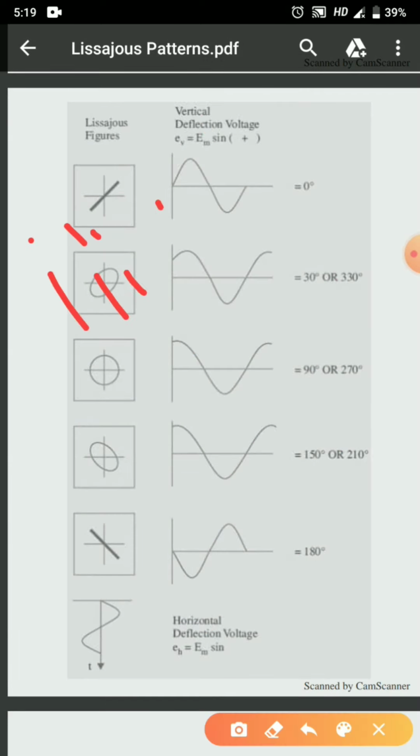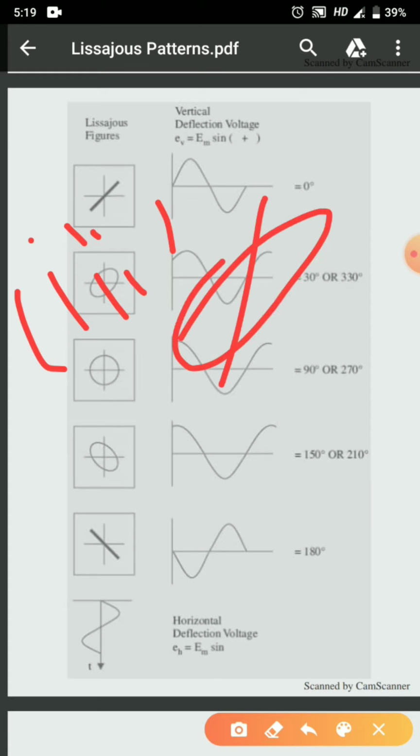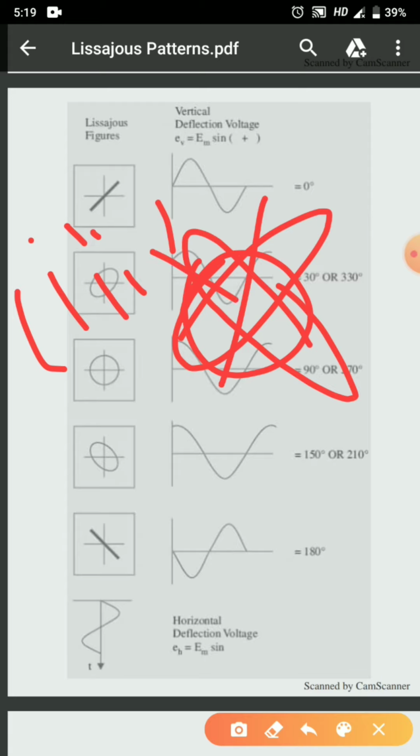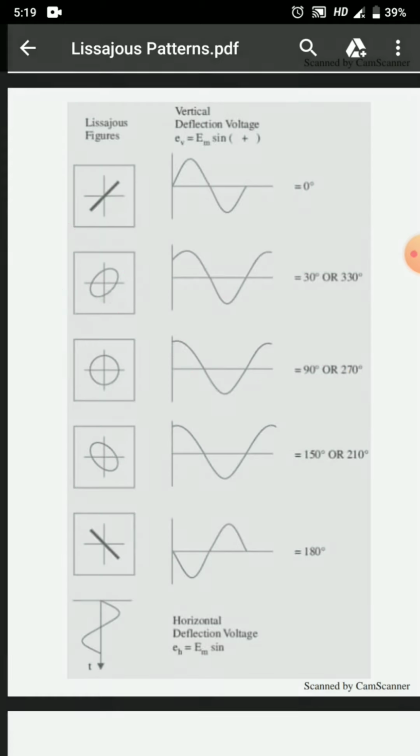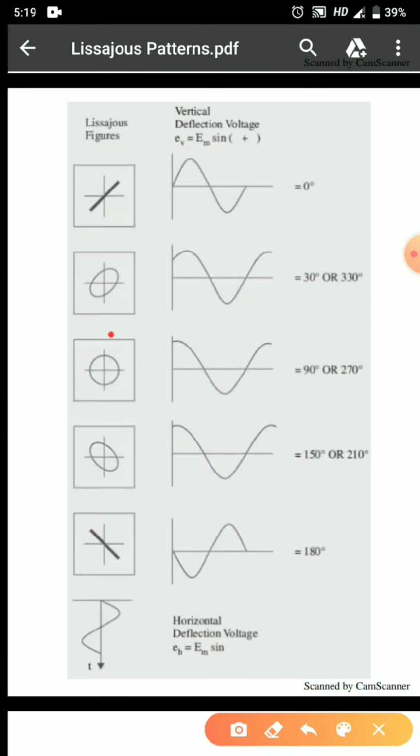The third conclusion that we can make is that for equal voltages of same frequency and progressive variation of phase voltages, it will cause the pattern to vary from a straight line, then it will move to an ellipse, then it will become a circle. After that it will move through again another series of ellipse, then again a straight line, then again a circle will be formed.